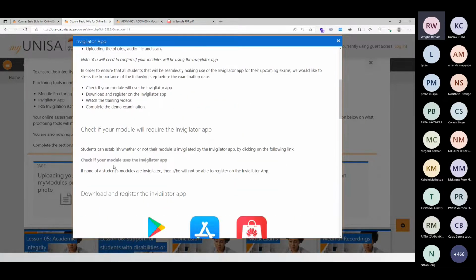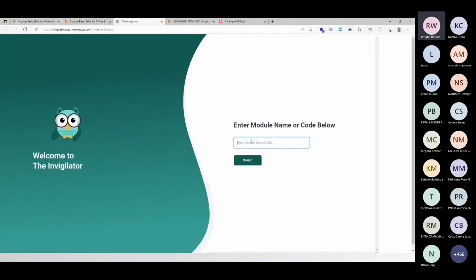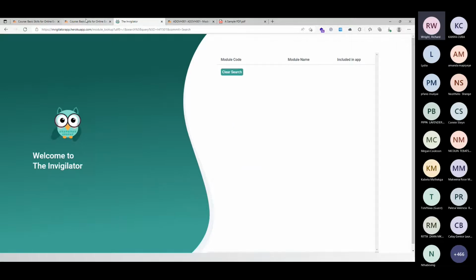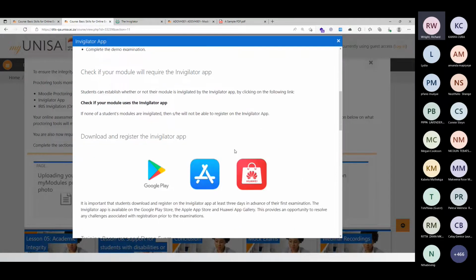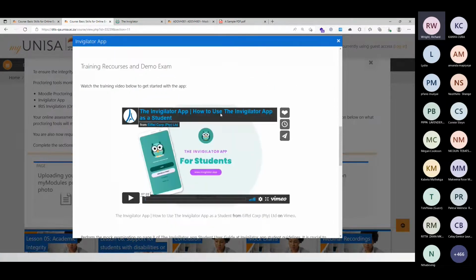So you'll notice here we've got another check: if your module uses the Invigilator app. Because if your module is not using the app, you won't be able to register for it. So you'll see there are no modules listed here for the one that I searched for, which means that module won't be using it. So firstly, check that your module is going to use the app, download it from the store,